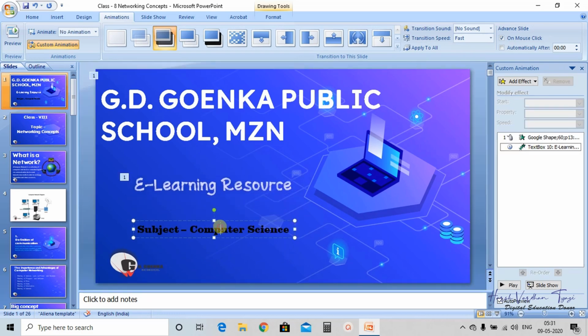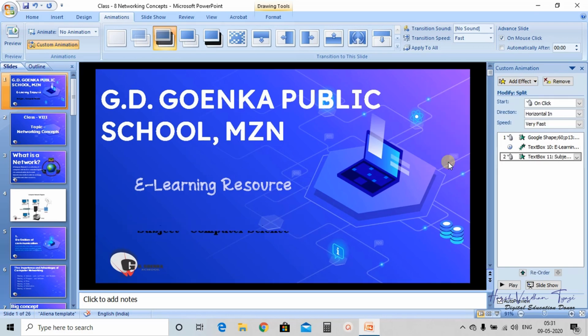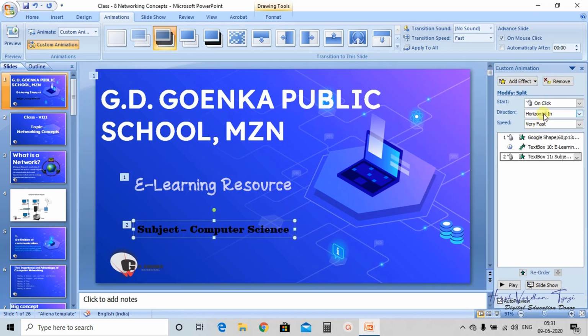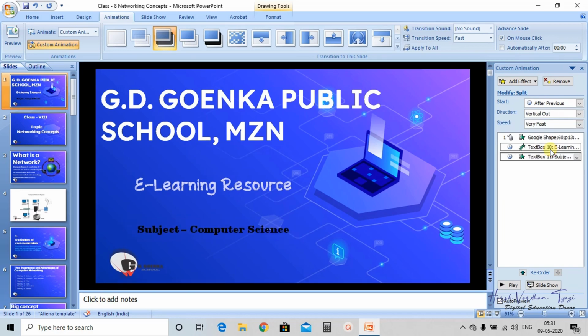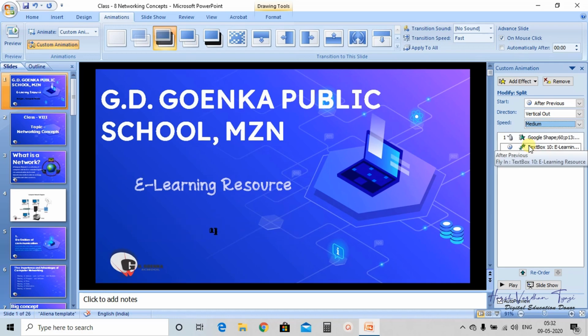Now I am selecting the third object on my slide, entrance. Now I am clicking the split part, after previous, vertical out, anything you can select, and speed medium.